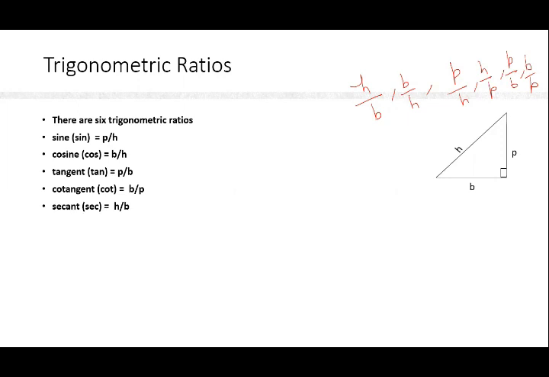The fifth trigonometric ratio we get when we divide hypotenuse by base, and this is known as secant, and in short we call it sec. The sixth trigonometric ratio is h upon p. When we divide hypotenuse by perpendicular, we get the sixth trigonometric ratio, and this is known as cosecant, and in short we call it cosec. I know it is very difficult for anyone to learn all these trigonometric ratios. So there is a trick to remember all these 6 trigonometric ratios, and the trick is